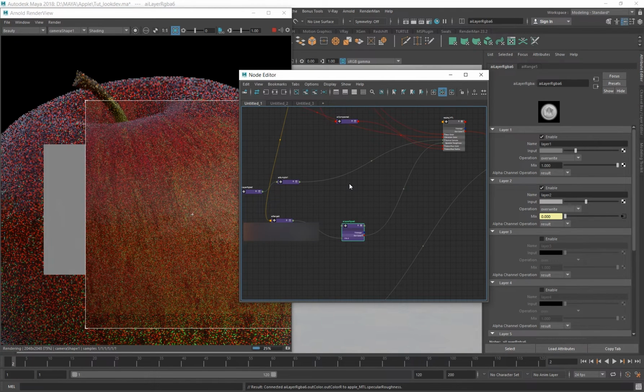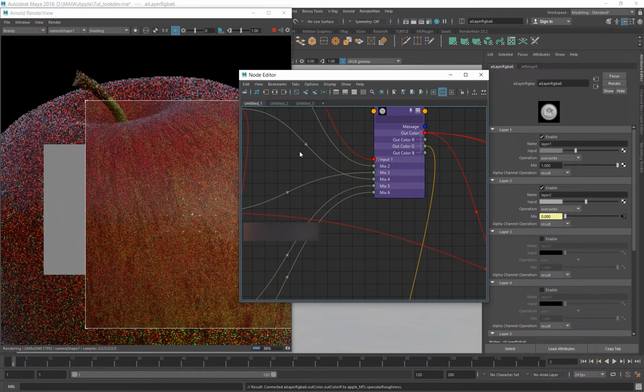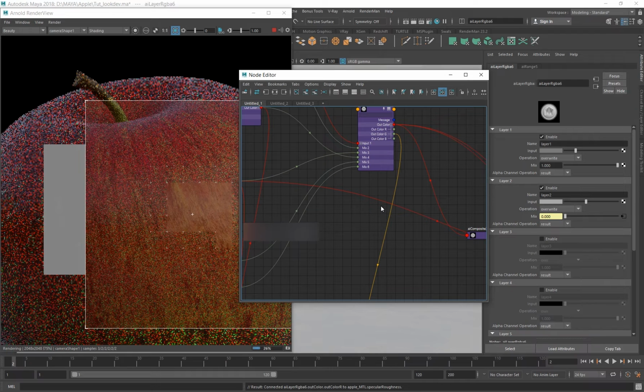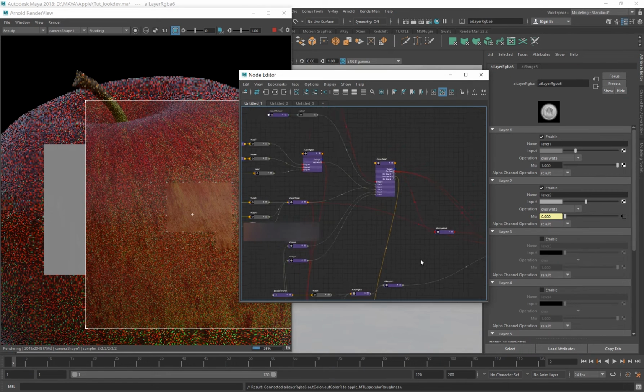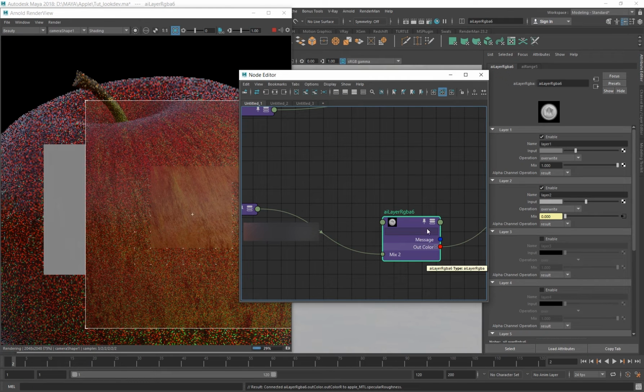Usually I do use all these inputs separately on a layer RGBA for the roughness.